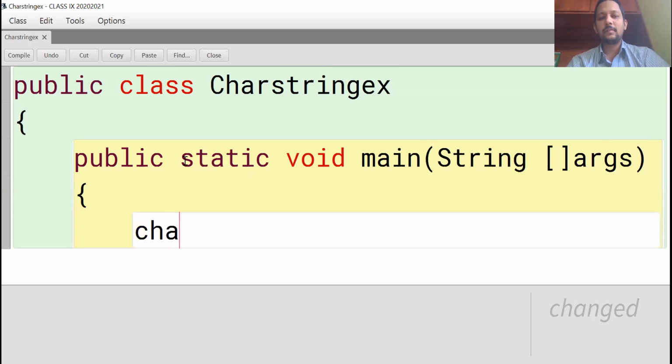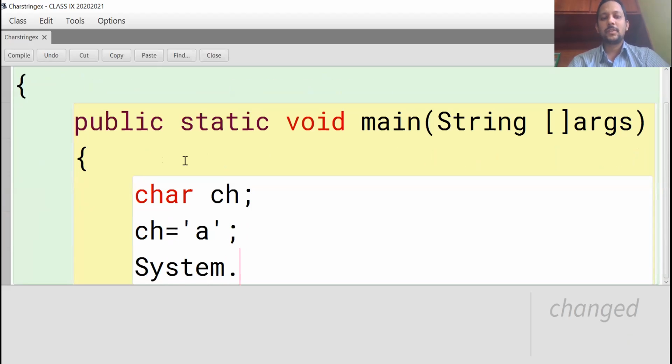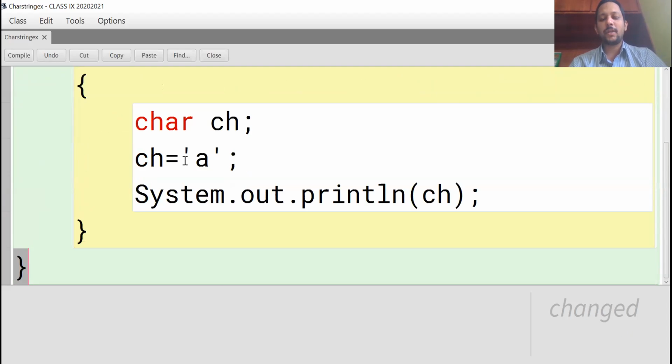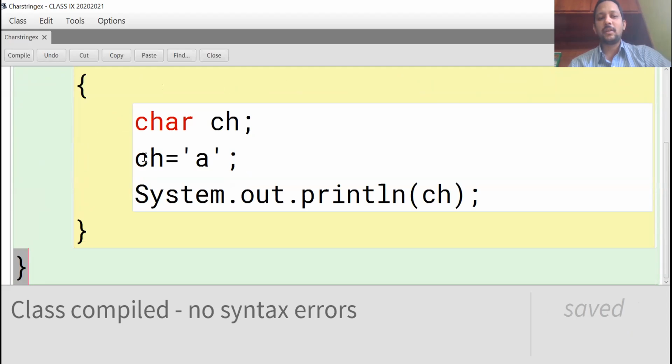Main method: char ch is equal to 'a', for example. System.out.println(ch). Close main, close class. Compile. No syntax errors. See here.